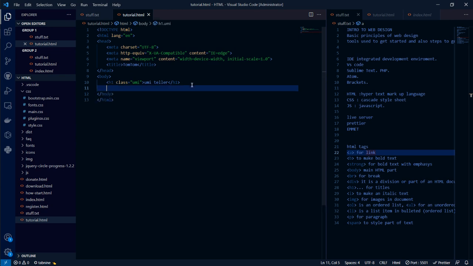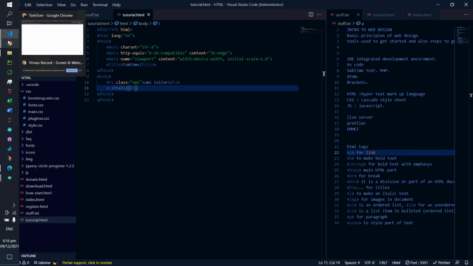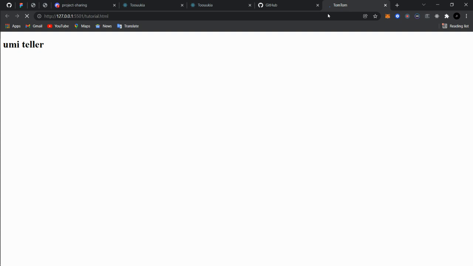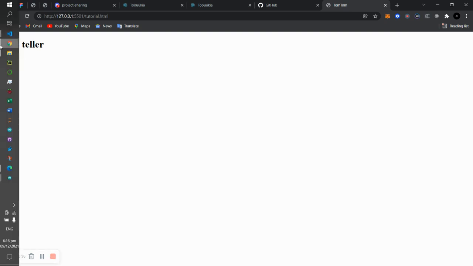So yeah, next is the body. Okay, I think I've done body. Body is automatically set for us. To make italic text, like to put stuff in italics, you need the I element. This helps put things in italic. So if I want to do something in italic, I use the I element. Let me go back to this place. It automatically reloads. Okay, now see, it automatically put this stuff in italic for me.